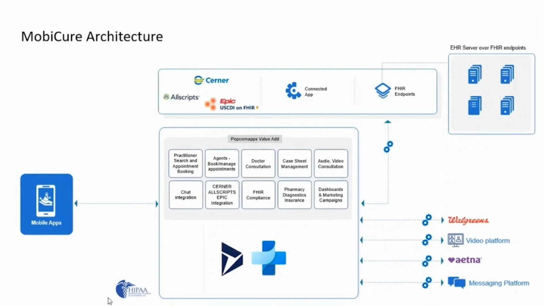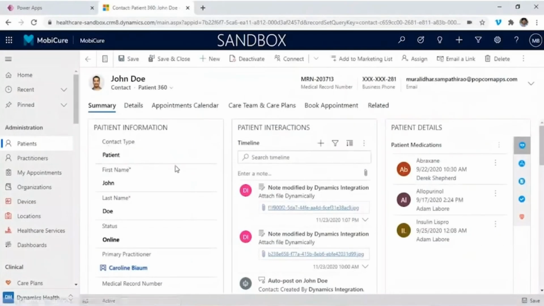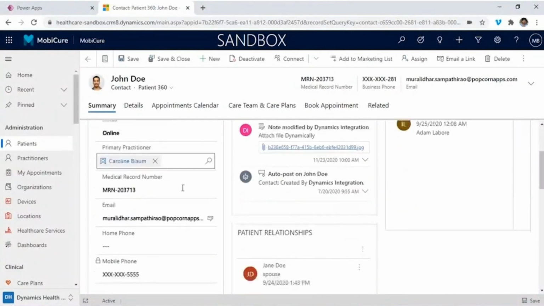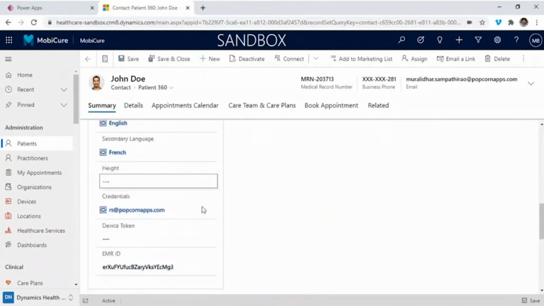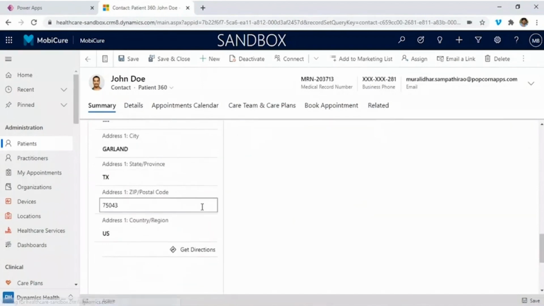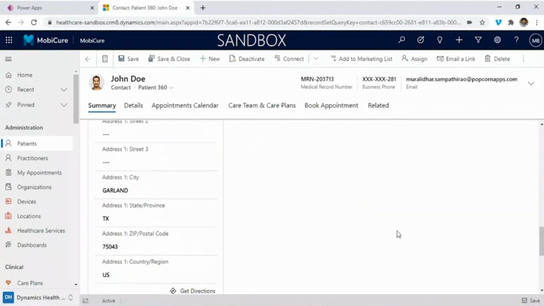It has all the information that you would need about the patient. It has a practitioner view. It has a doctor view. It has a view for the doctor's aid, and I can see pretty much all aspects of that particular patient, the demographic information about him